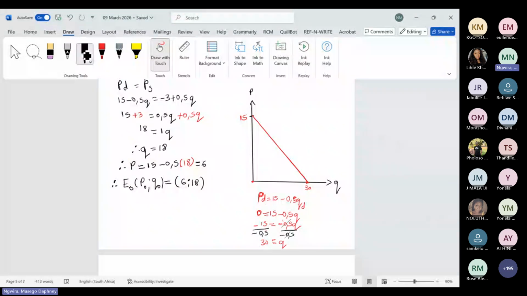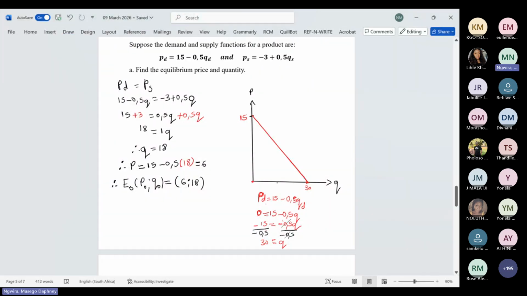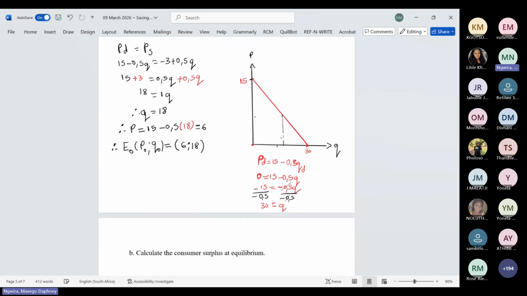This is your equilibrium, it's 18. So they did this, and then the other one is 16. They did something like this. And then this point was their E naught, where it was a 6 and 18. Because we won't be using graphs, I tried to find a way for us to